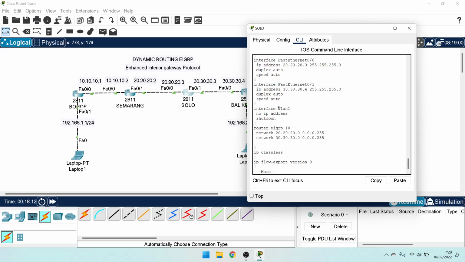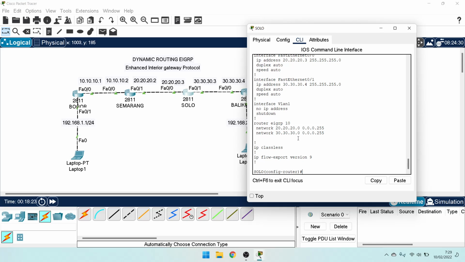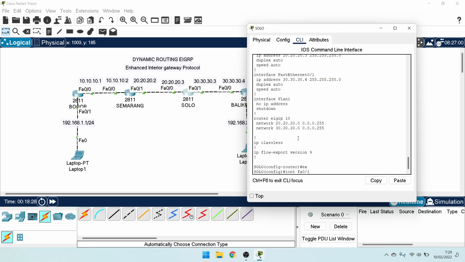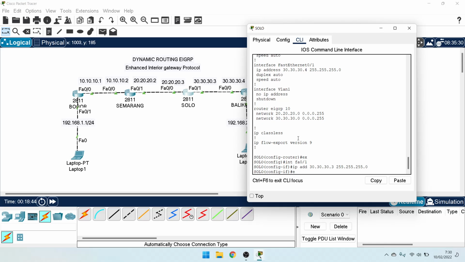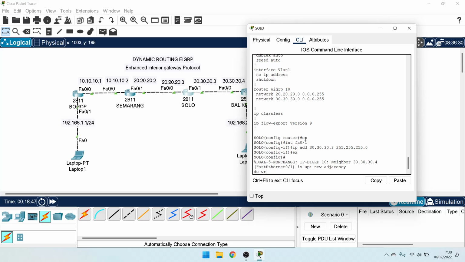Okay, so again in Solo, do show run. Oh, this is wrong, the IP address in interface 0/1. Not 4 but 3. Okay, reconfigure in interface 0/1, the IP address is 30.30.3. Okay, do write. Now this is the adjacency, network 30.